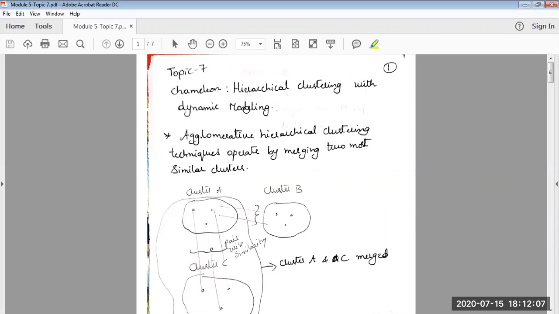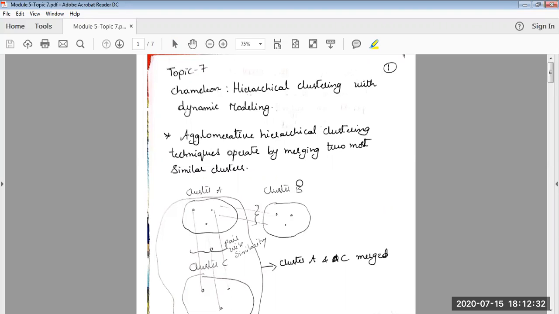We had seen what is hierarchical clustering. We had also discussed agglomerative clustering, which is a form of hierarchical clustering. So in the previous videos, we have done the related discussions. How exactly will the chameleon algorithm use the concepts discussed in agglomerative hierarchical clustering? We will just touch upon it and continue with the algorithm.